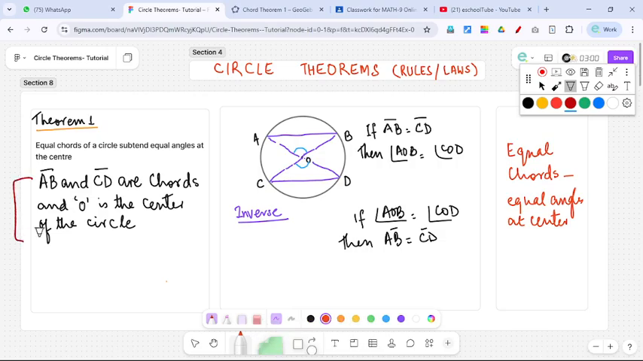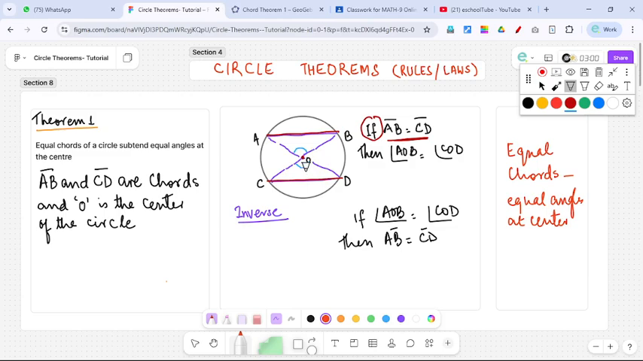And these are the conditions: AB and CD are chords of a circle, and O is the center of the circle. Now as per this theorem, equal chords make equal angles at the center. So that means if chord AB is equal to chord CD, then the angles they make at the center O